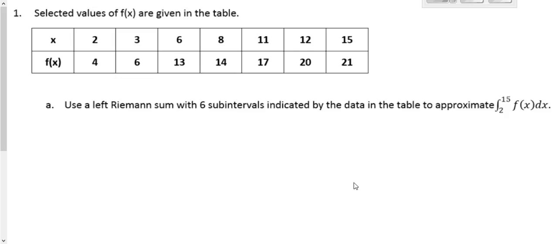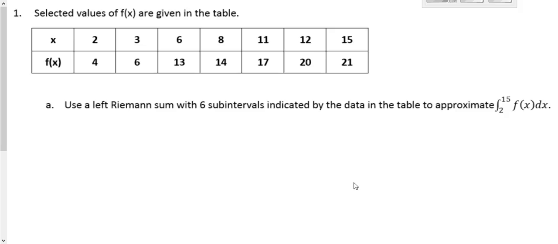Number 1 on the review says that the selected values of f of x are given in the table. So they've given us specific values of x and f of x. They don't give us an equation, so they've already done some work for us, so it's actually kind of nice. Part A asks us to use a left Riemann sum with 6 subintervals indicated by the data in the table,